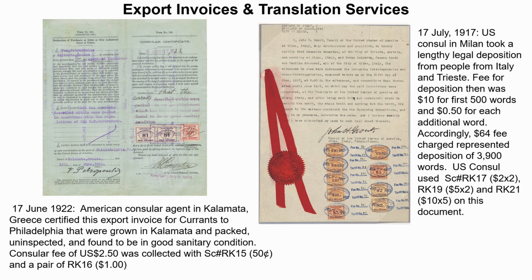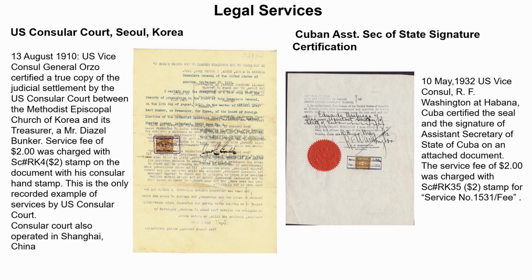So, as I mentioned, there were legal services provided, but one of the unique services that was provided is the U.S. consuls in Seoul, Korea, and in Shanghai, China, were specifically authorized to convene and act as U.S. courts by Department of Justice in an agreement with Department of State. So here we see a